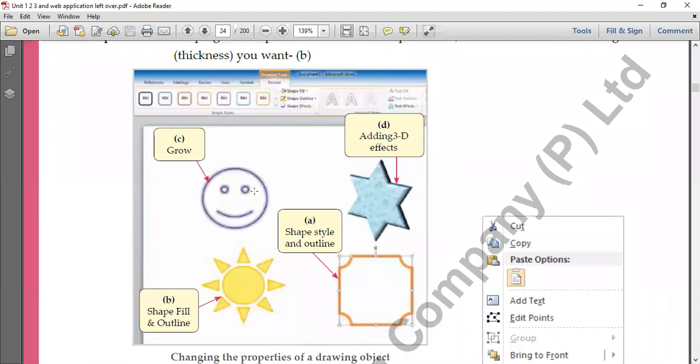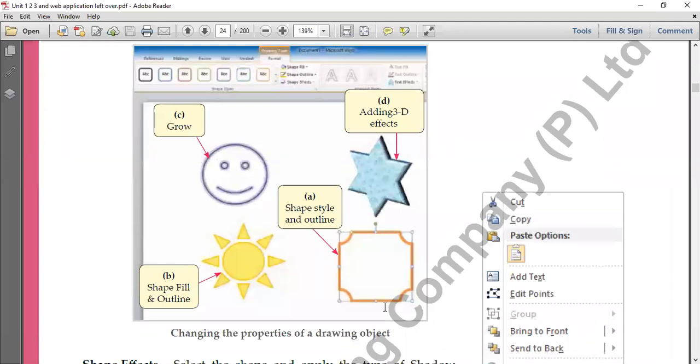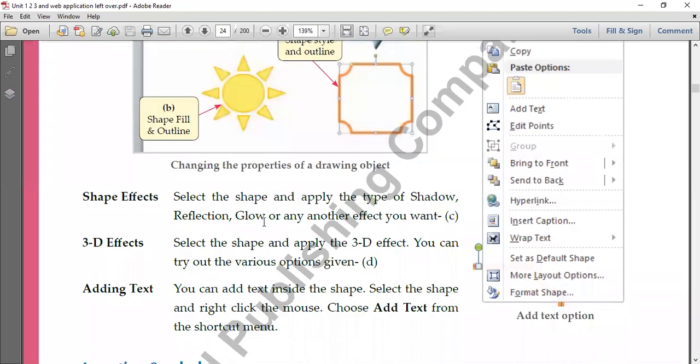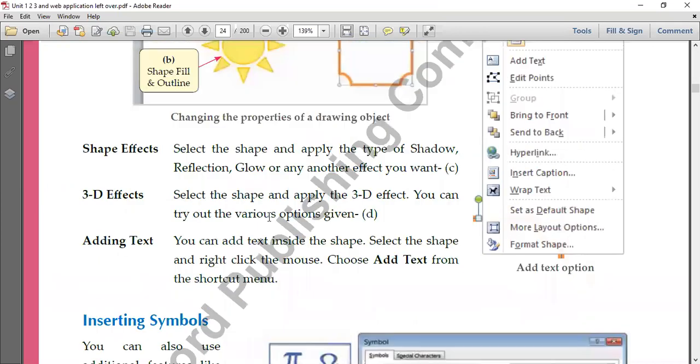So this is the Glow effect, as you can see, and a 3D effect. Outline color we have changed here. This is the Shape Fill color we have done. After filling the color, you'll find the shape will be filled with the particular color that you have selected. Here the border color has changed. Here we applied the 3D effect. This is the Glow effect. Shape Effects, then 3D effects are also there. 3D, three-dimensional, as you can see here. You can apply that also.